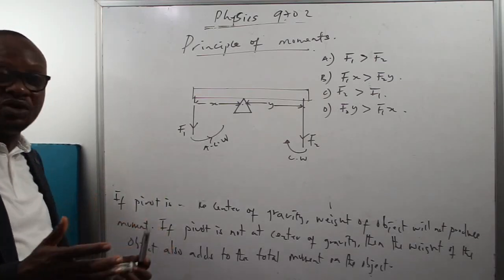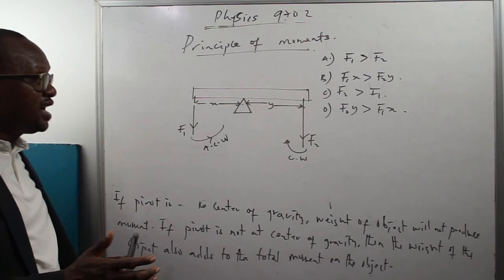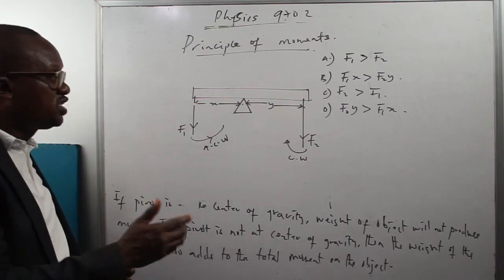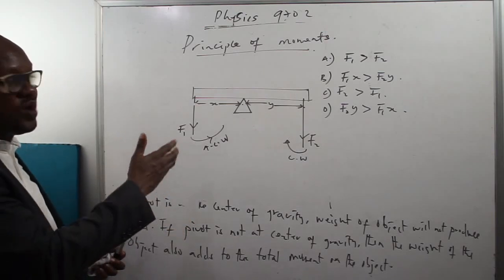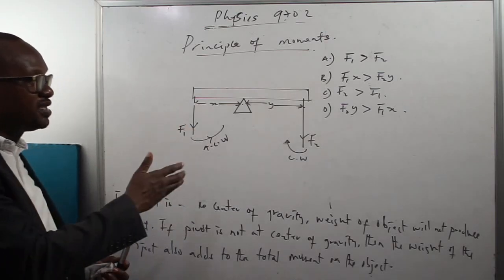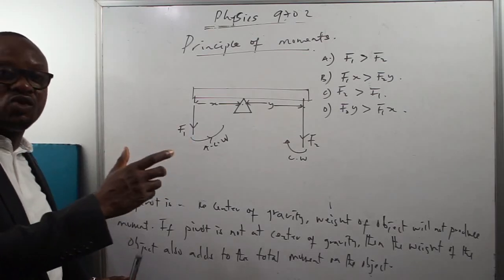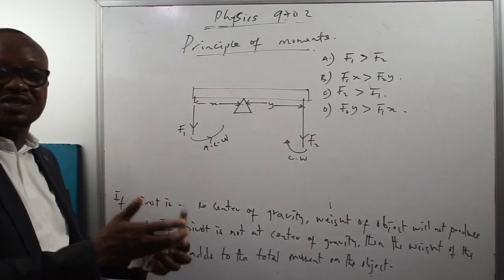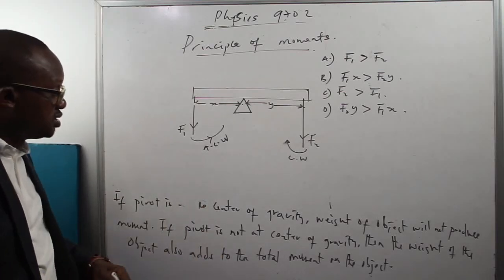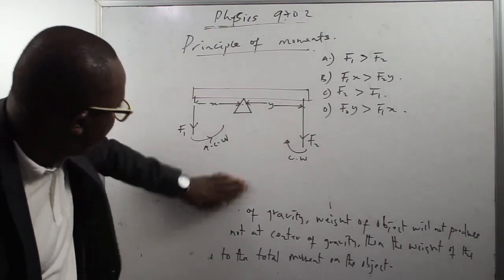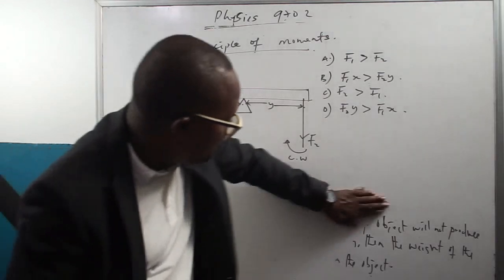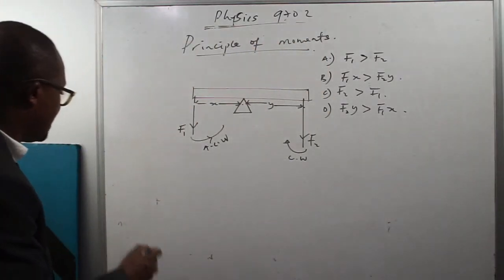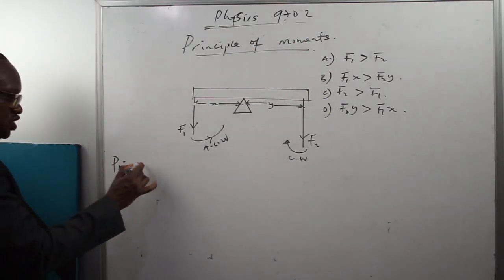So the bar is in what? Equilibrium. So we can say that for a body in equilibrium, resultant moment is equal to 0, which means that the algebraic sum of the clockwise moment and the anti-clockwise moment taken about the same point is equal to 0. That means that the total clockwise moment is equal to the total anti-clockwise moment. So I can now say that F1x there is equal to F2y. So what this basically means is that the principle